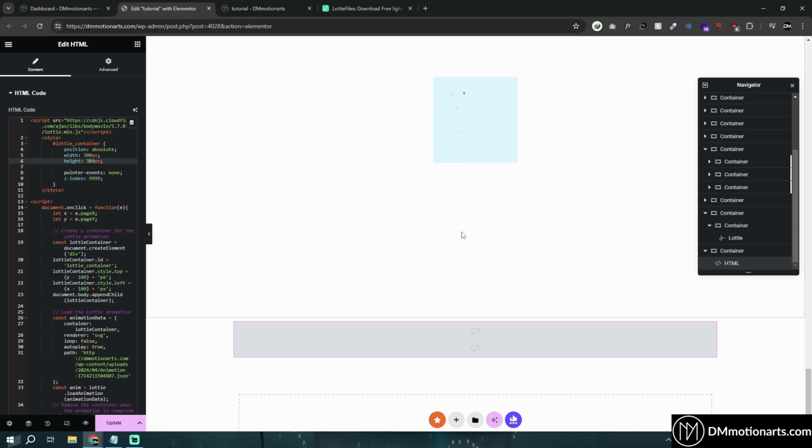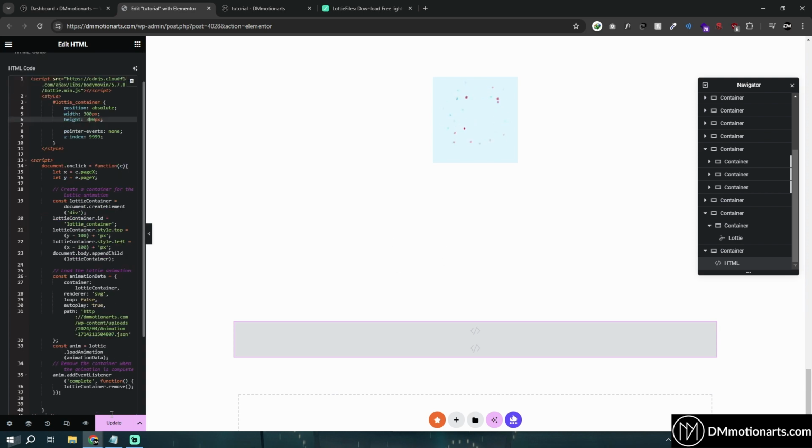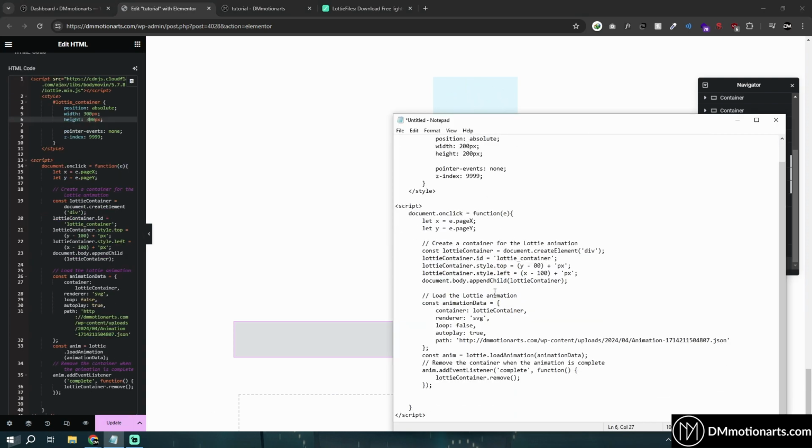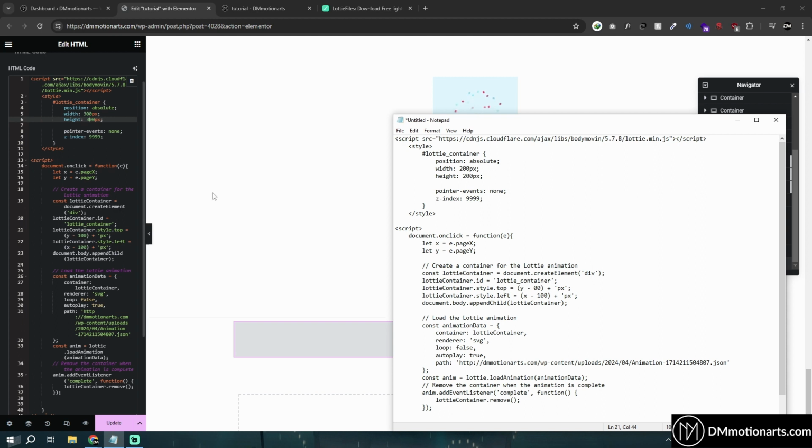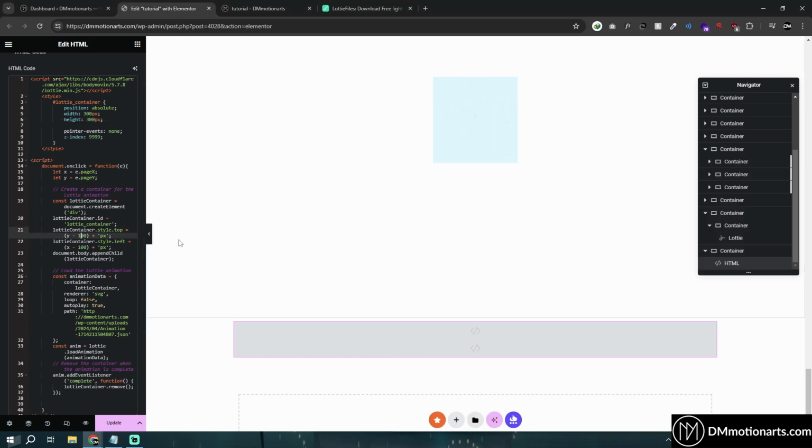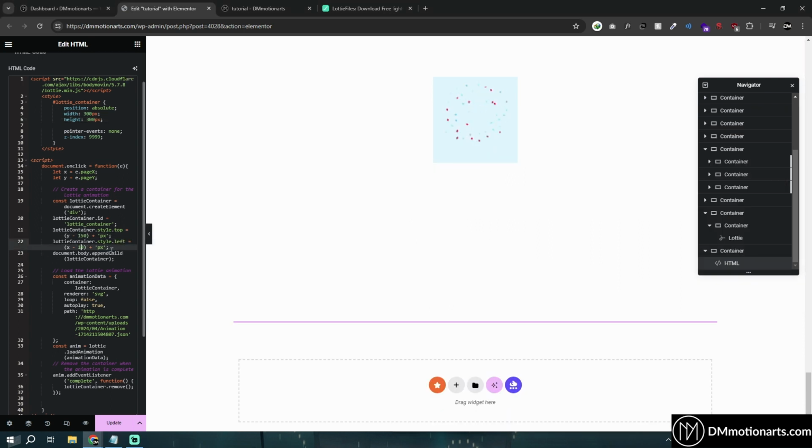And here you could see it is working, but it is not in the center, because we have to go below, find this tab which is Y, top and left, and make it half of that. So what is half of 300? 150. So we do 150 and 150 like this. So I'll do 150 and 150,